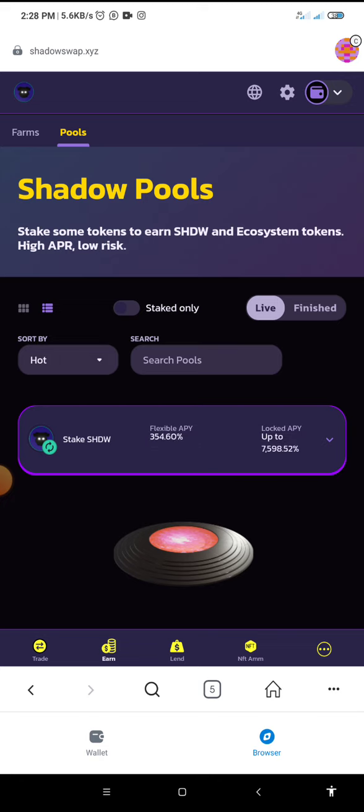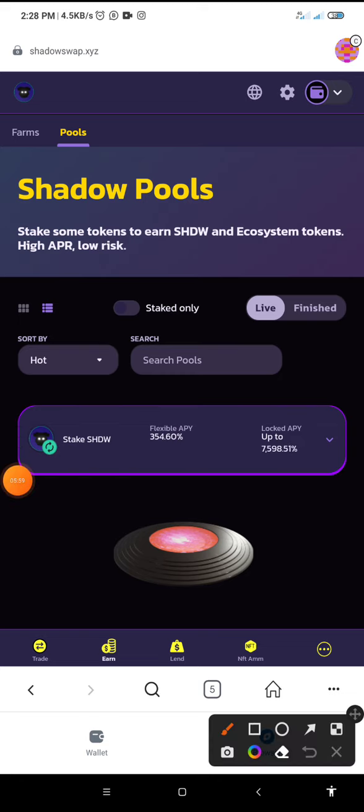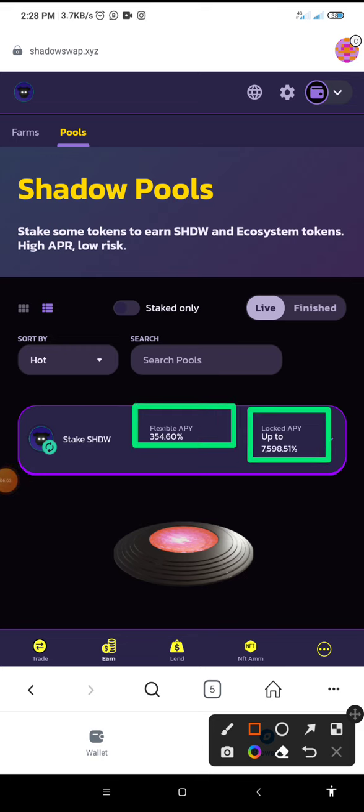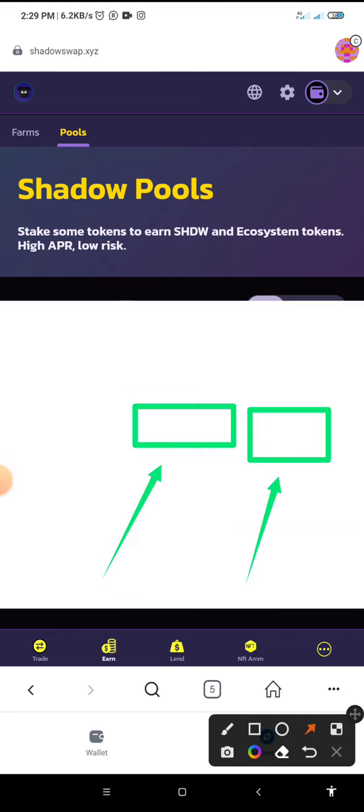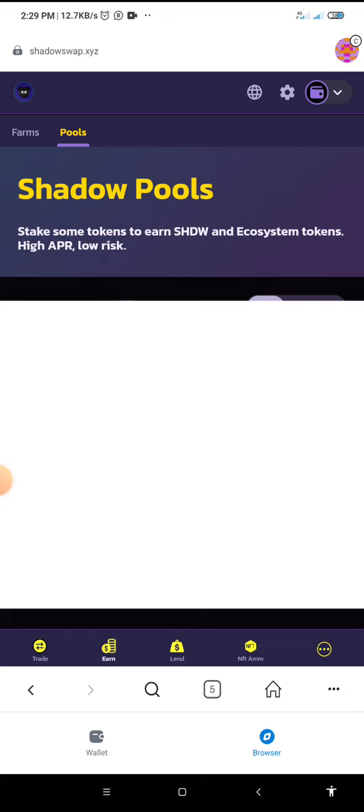Okay guys, now take a look at this. You can read through. Now we have two different APYs here. We have the flexible APY and we have the locked APY. This flexible APY allows you to stake and unstake your core at any time you want. But if you lock your core, if you select this locked APY, what it means is that you are not going to, sorry for that, you are not going to